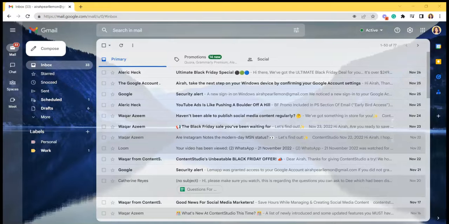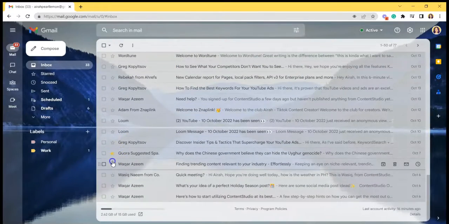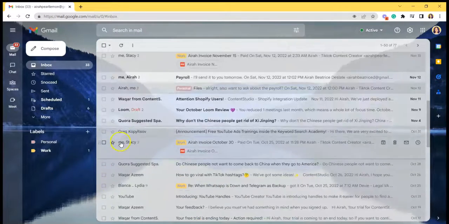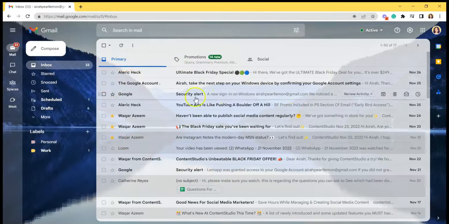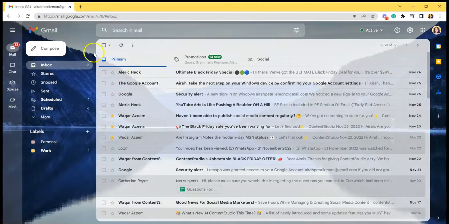Okay, so for today's video, I'll be showing you how to filter mass emails. If you're ever wondering how you can select all the emails, like for example, I will star this email and then start from the bottom, and I want to see all the starred emails. So I can either go here in the starred section, or if I don't want to be outside my inbox,